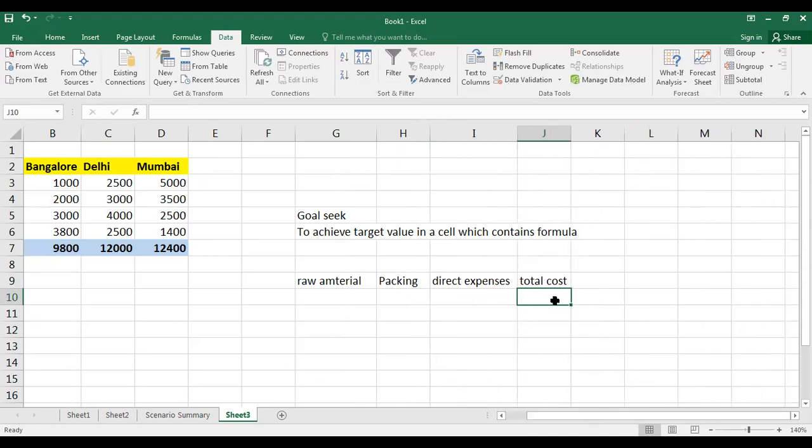F2 for editing the cell value. So I invest 1,000 rupees, packing will be 20 rupees, direct expenses will be 500 rupees. So what will be the total cost?